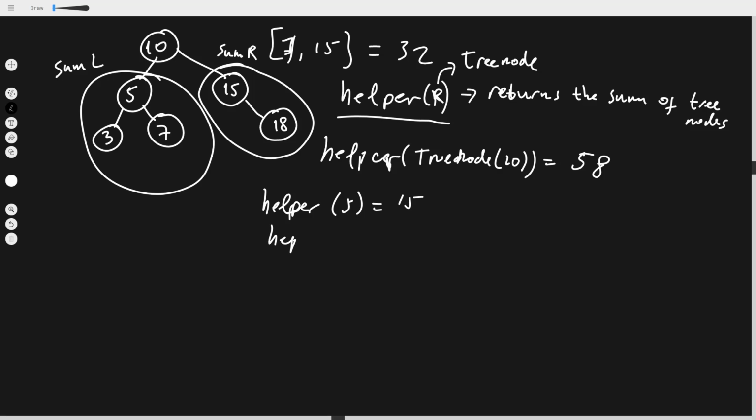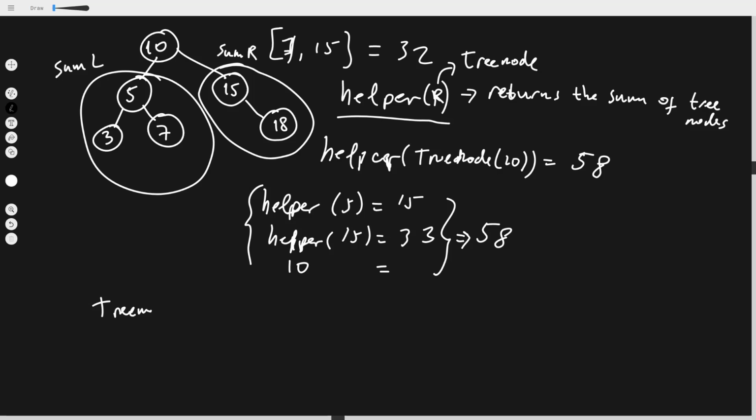Our helper function of 15 would give us all of this sum, which means it's 33, right? And then by combining these two with the top one, 10, we have 58 as the sum. So this is how you would solve the problem. So to solve tree node of 10, you would do left sum plus right sum plus your own node dot value,